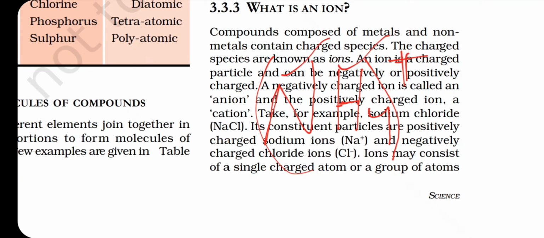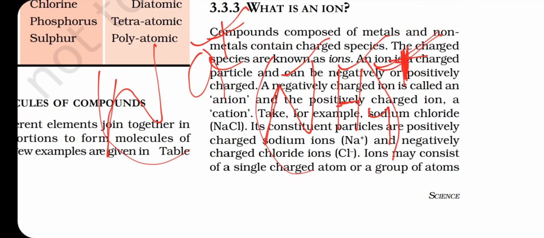So it is an ion of a group of atoms. But if I take the example of Na+, it consists of an ion of a single atom, that is sodium. Okay, it might be a single atom or a group of atoms. When it represents a group of atoms, it is called a polyatomic ion, and otherwise it is a monoatomic ion. Okay,